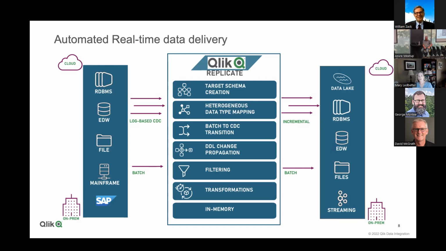So what you would do is provision a Replicate server in the position that makes the most sense for what it is you're trying to accomplish as a business, right? So what your objectives are determines where the Replicate server lives. So if you've got a source, like let's say you're running a SQL Server RDS, no, that's a really bad example. Let's say you're running SQL Azure DB in the cloud, and you want to target a Synapse database, or maybe you want to target ADLS or something like that,